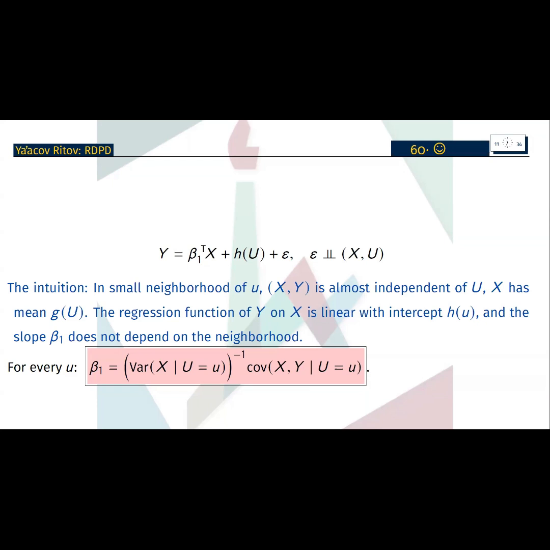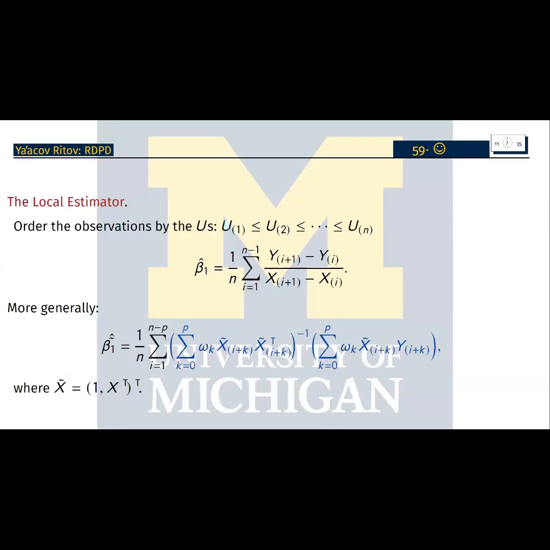The intercept is not interesting. I'm looking only at the slope, and it doesn't depend on u. And therefore, for every u, I can estimate beta 1. So beta 1 can be estimated under some conditions. And what I'm going to do is to collect all these small neighborhoods. In the simple case where u is real, I didn't restrict myself to real u, but let's look at the real case, I just order the u's